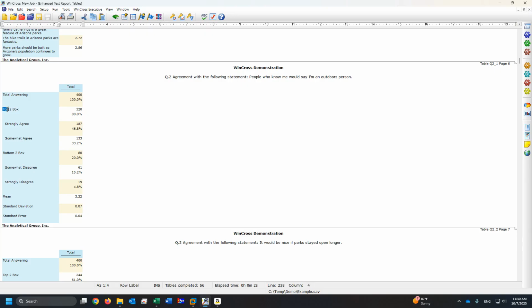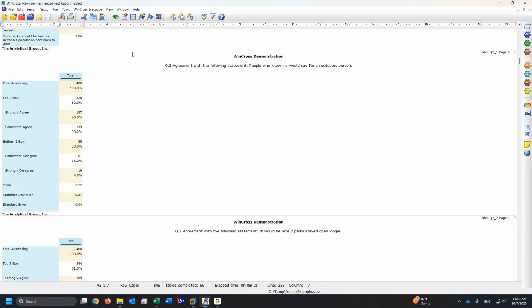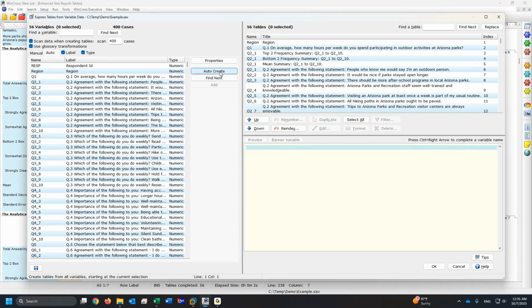It also automatically added our nets for us. So we have a top 2-box that was automatically added, a bottom 2-box, and the mean, standard deviation, standard error. Again, I didn't do any of this, as WinCross automatically did all of this for me. And so let's see how WinCross did all that. So if I go back to Setup, Express Tables from Variable Data, everything that was created is derived from our Properties section. So I click on our Properties,